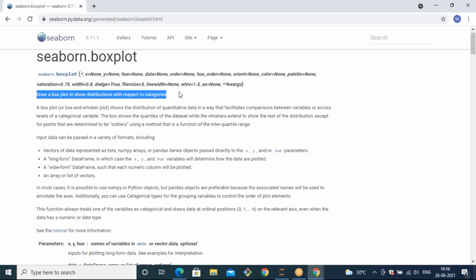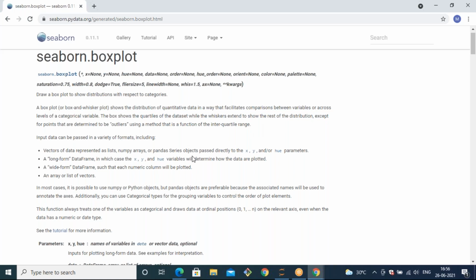It will draw a box based on the categories, and how the data is distributed is calculated based on the IQR ranges. This box plot can also be called a whisker plot. Here you can see how the whiskers are generated based on the minimum value, maximum value, and median value. Apart from the whiskers, you can find outliers, which are far away from the interquartile range. IQR stands for interquartile range.